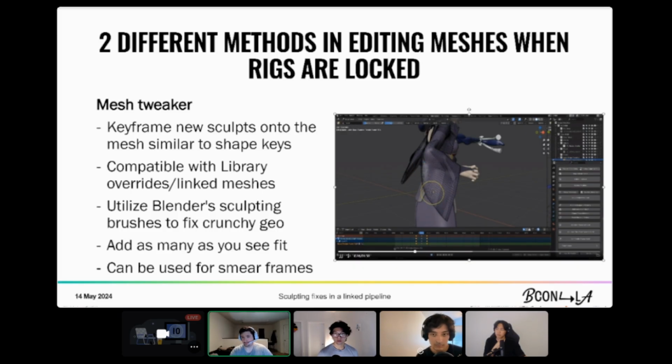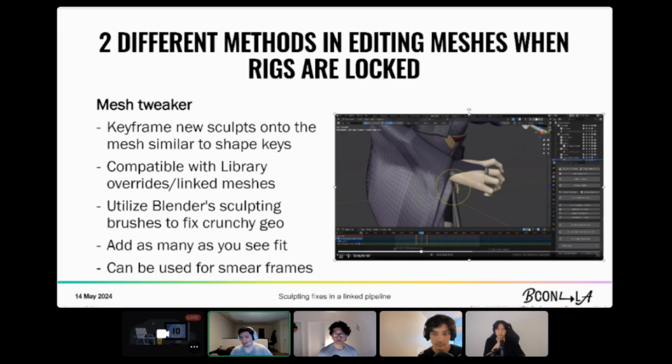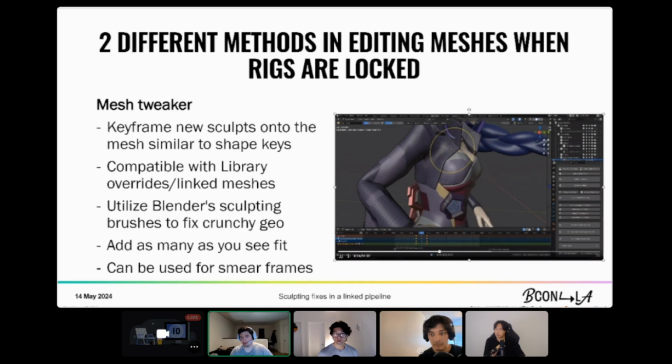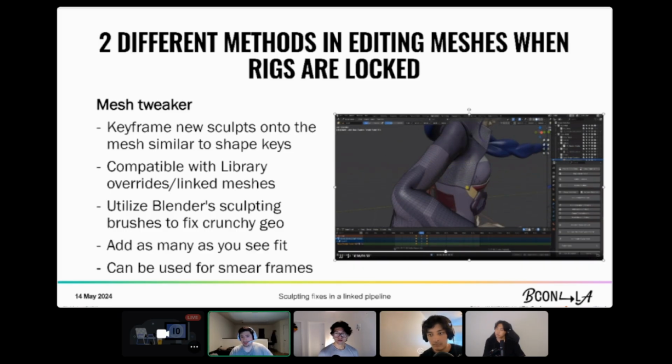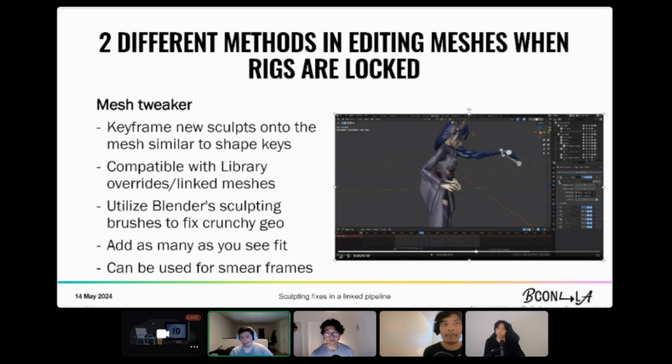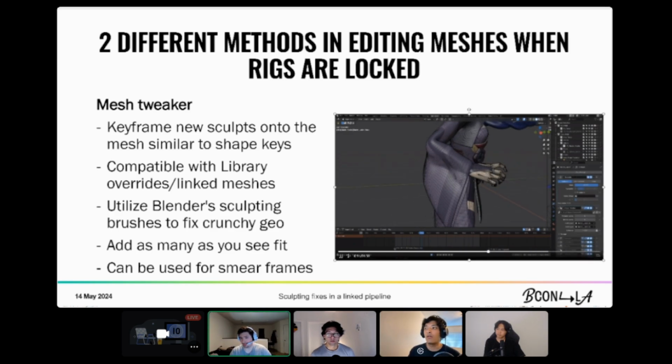We get some subpar deformations on the jacket, so we can go in there and add keyframes, as many keyframes as we want. We can add one to every frame, or sorry, we can add shape keys and then keyframe them to do per frame tweaks and fix up deformations pretty much as we want. It's very flexible. And right here you can see that